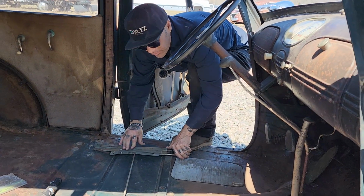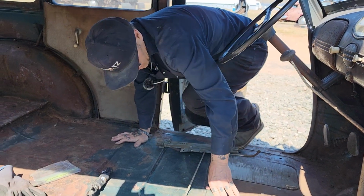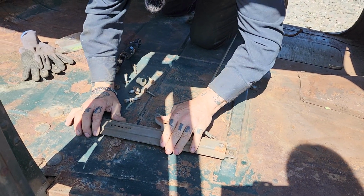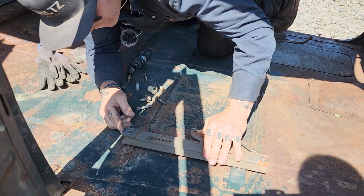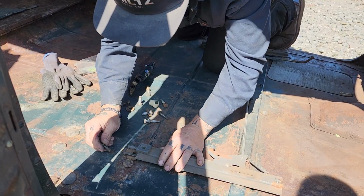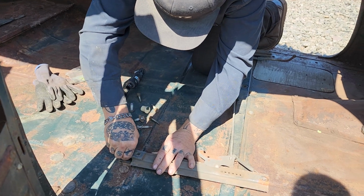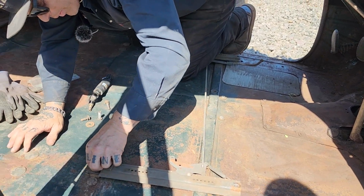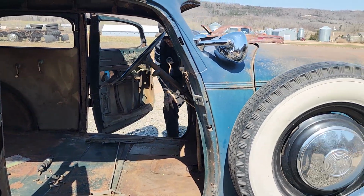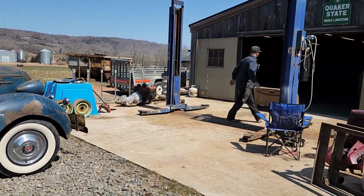If I pull that in, that made that in. There we go. Hard to believe they're still working it. These little longer ones are for here, no doubt. I probably should have sprayed them before I put them in. I'm gonna go get some stuff, spray them before I put them in there. That way they'll come back out easy. And I probably will do something with the floor after, but I just want to get the seat in there. I'm not done with the car by no means, but